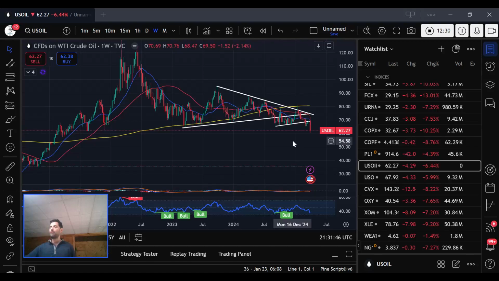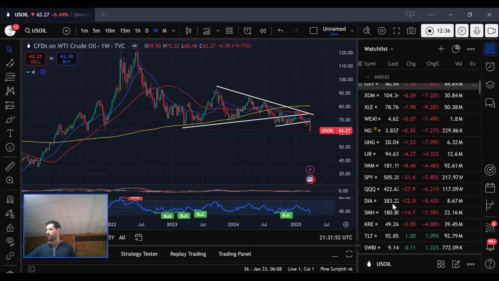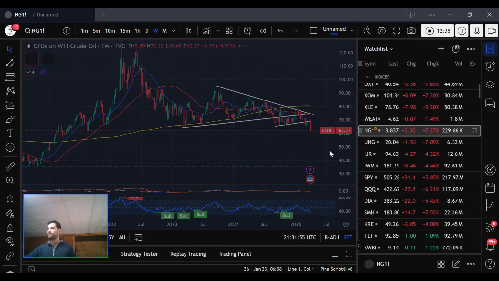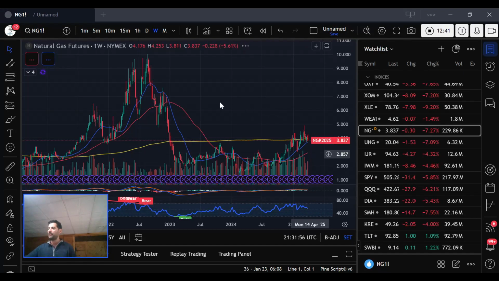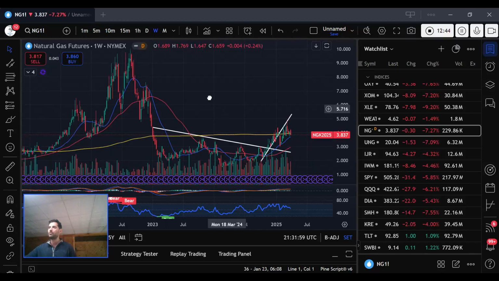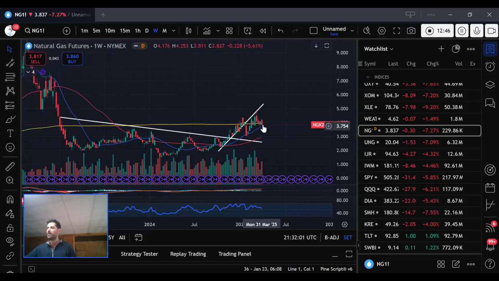We'll see how low Trump wants it to go. I wouldn't be surprised to see a bounce. We'll see what happens with the markets. Natural gas, as technology was selling, it actually did sell off this week, which was kind of surprising to me. I thought it would have gone in the opposite direction, but everything, gold sold off, silver sold off, oil sold off, along with the markets.